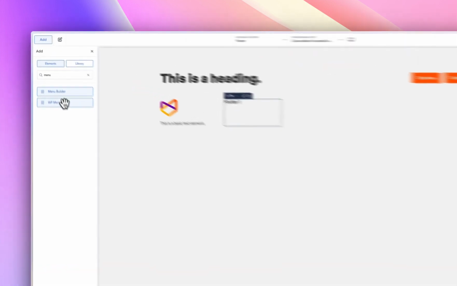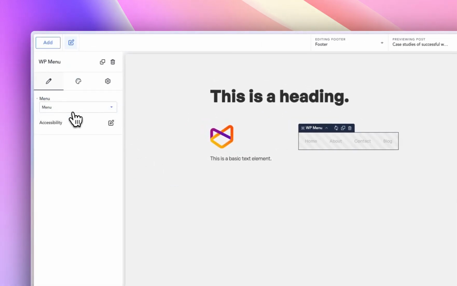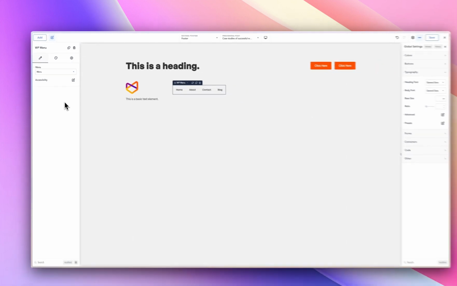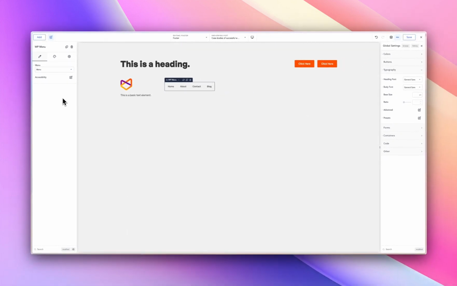All right, so if I click on WP menu, consider I do have a menu here that I've already created. I'm going to use this menu for that. I'm not going to create new ones because it's going to take a bit of time. So I'm going to use this menu for that. So that is one way of creating it. In the next one, I'm going to show you another way of creating this list if you want to create it manually. But trust me, you don't want to create this manually. You don't want to always come into the footer to make changes. So the best way that I do think you can approach this is by making sure that you have created a list in the appearance section,